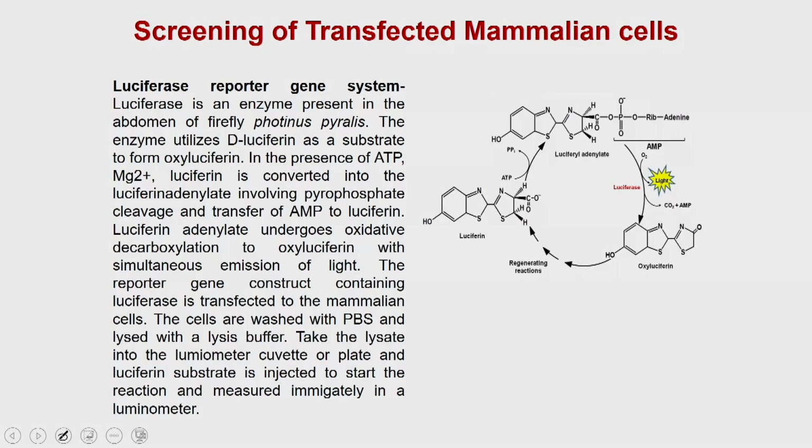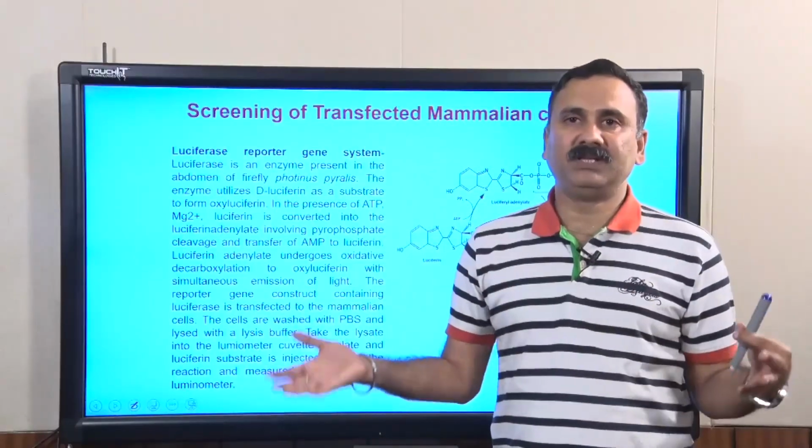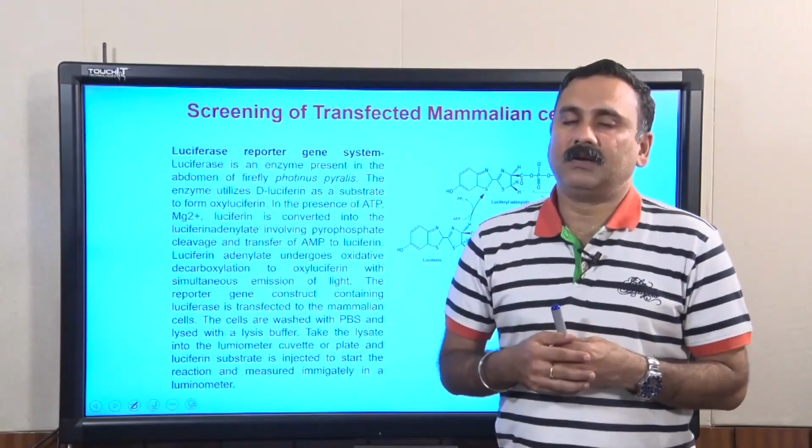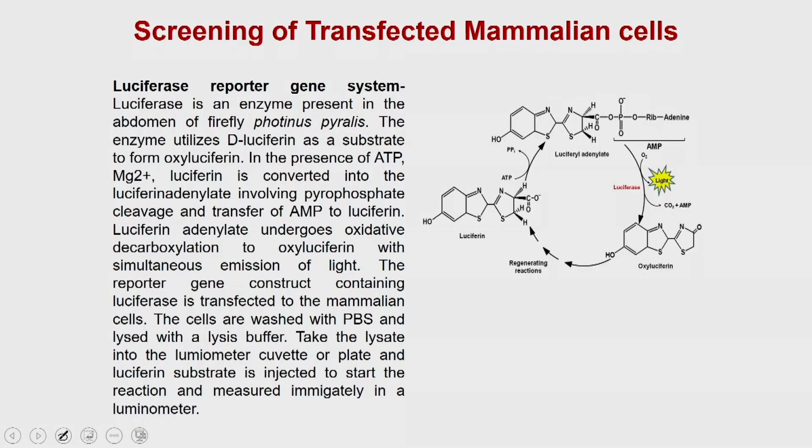One of the classical examples is the luciferase based reporter gene construct. The luciferase based reporter gene construct is one where the luciferase, which is an enzyme present in the abdomen of the firefly Photinus pyralis, is used. This is a commonly found firefly which produces this enzyme in its abdomen, and because it catalyzes this reaction, the abdomen of this particular fly is glowing in the night. The enzyme utilizes the